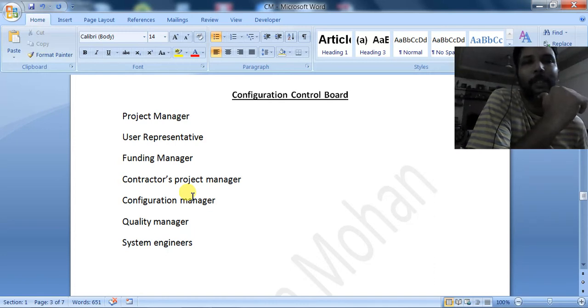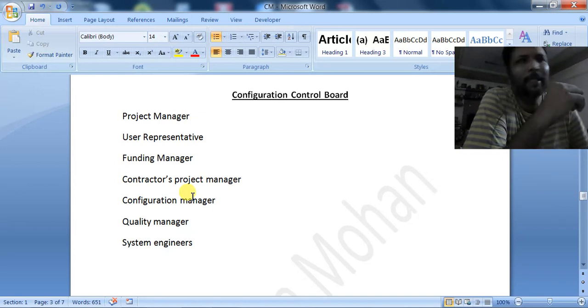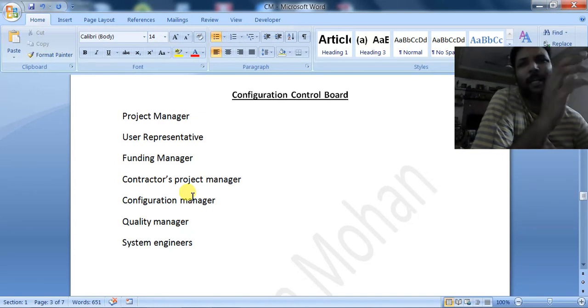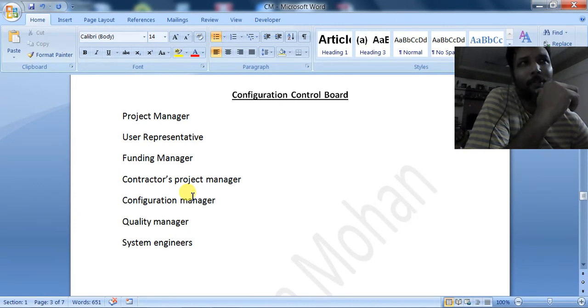Then the contracts project manager. This is a manager who will be taking care of all the contract related activities. He will check whether the customer's requirement is violating the contract or not.